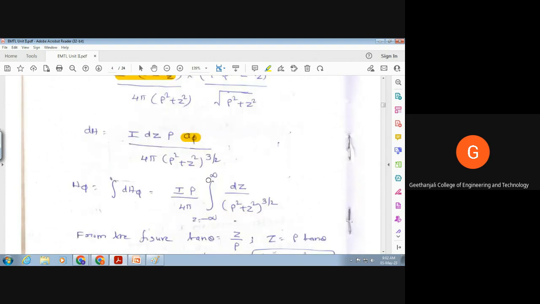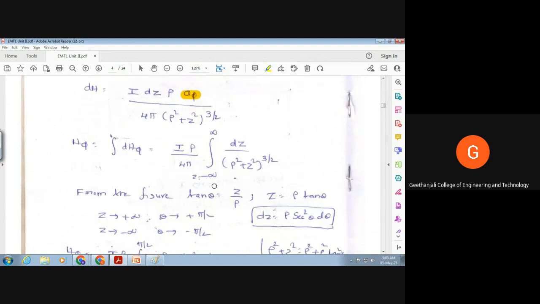If I want to find the total phi component of H, I need to integrate this. H phi is equal to the integral of dH phi, which is equal to I into rho by 4 pi times the integral of dz by rho square plus z square whole to the power of 3 by 2. What are the limits of z? Minus infinity to plus infinity. So we just have to evaluate this integral. Of course, there are several ways of evaluating this integral. One way is,